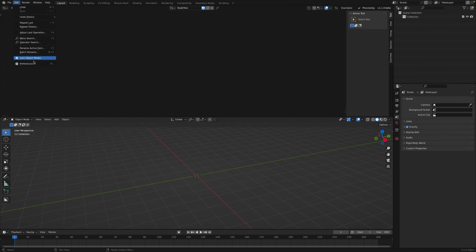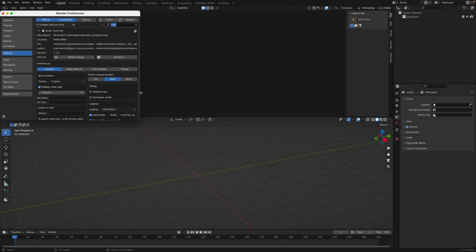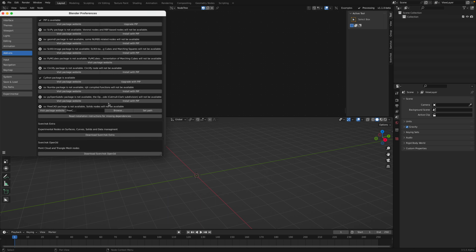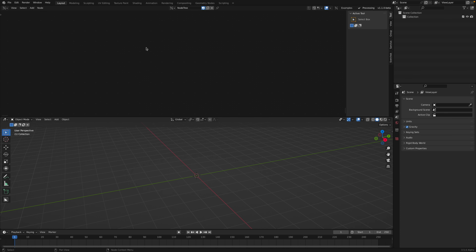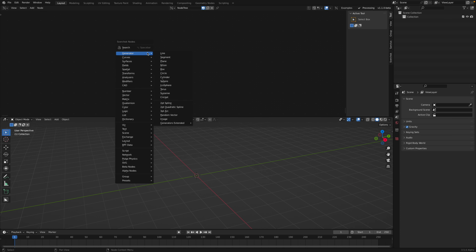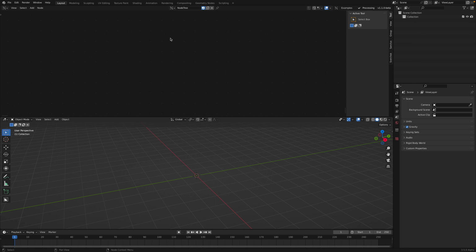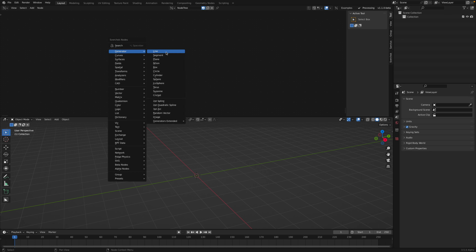So if you have the add-on installed, you can enable things like extra nodes if you want to. There's a lot of packages that you can install separately, but even with the basic Sverchok, you got more than 200 nodes to work with, and this sort of works with geometry nodes in some cases. So yeah, the first thing you want to try is probably just look at the generators and play around with this, maybe plane or circle or cylinder. You can start with, for example, Suzanne